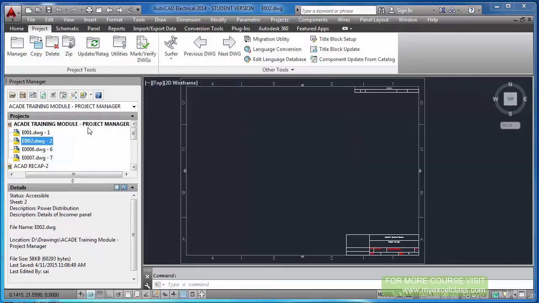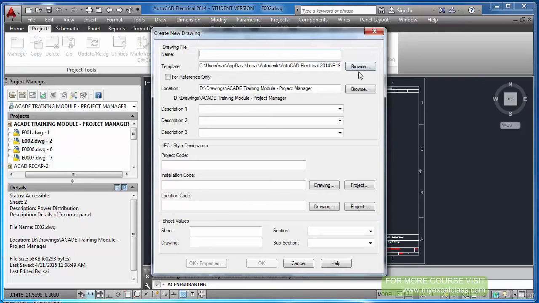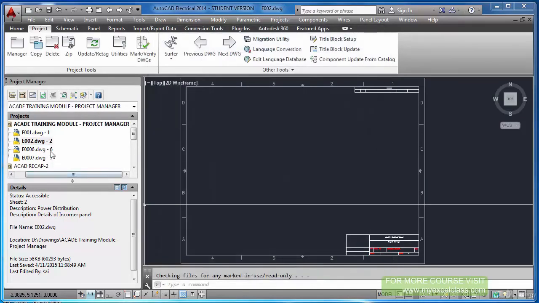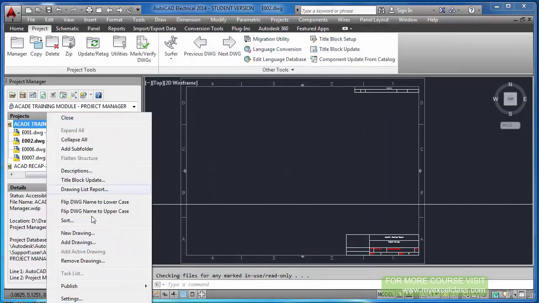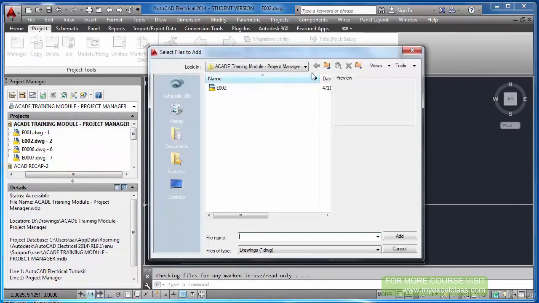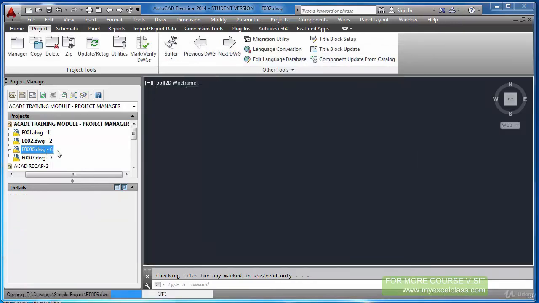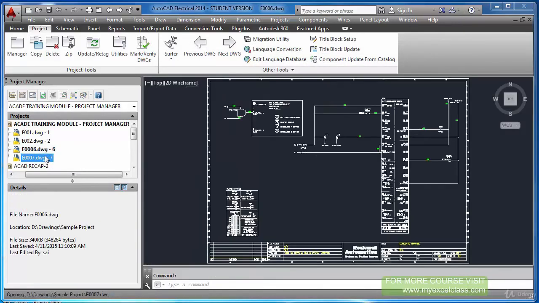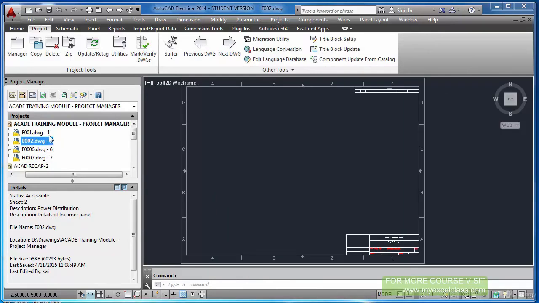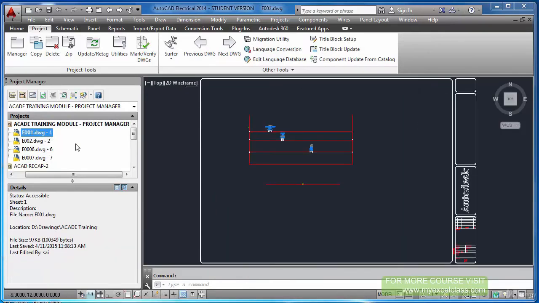The second one, I added a new drawing, giving the file name, choosing the template and all. And the other 2, I added using add drawings, going to wherever your drawings lie and bringing those drawings here. So you can see different title blocks for all. That is not the right way, because again this is just for demo purposes. That's why I have shown all 3 different options to add drawings into a particular project.